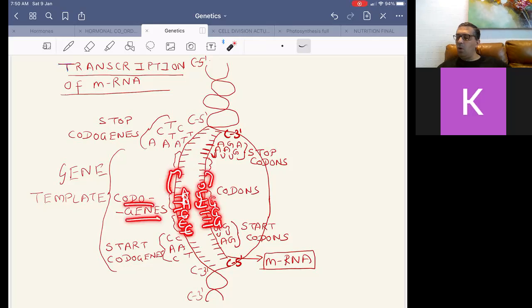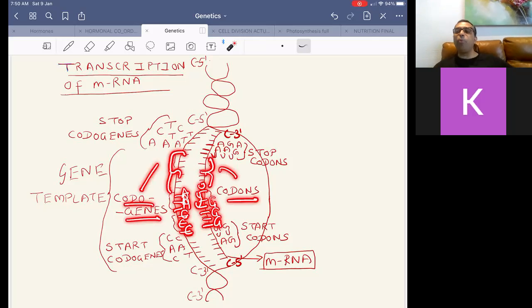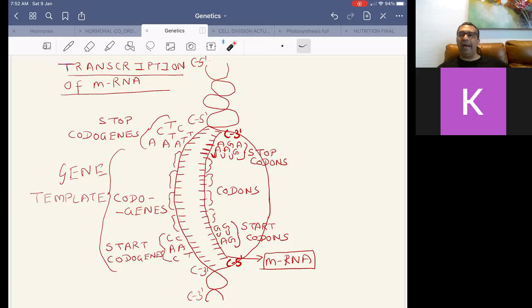What is this triplet called? Codon. Codogene. Codon. And approximately 1,000 codons are made. So codogene triplet, codon triplet, alternating, and after 1,000 codogenes and 1,000 codons, a sequence comes,